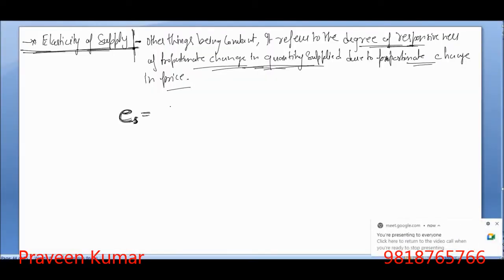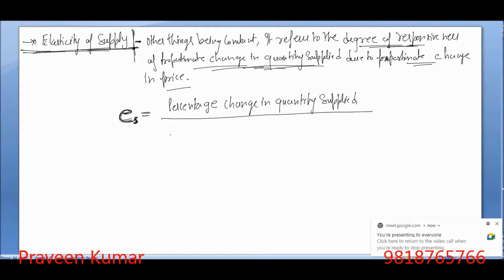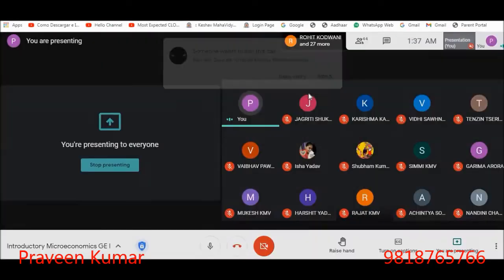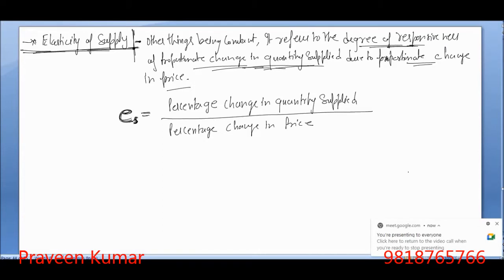Well, the formula comes out to be something like this: percentage, or you can write proportionate, same thing, percentage change in quantity supplied divided by percentage change in price. We have to take the ratio of percentage change in quantity supplied with the percentage change in